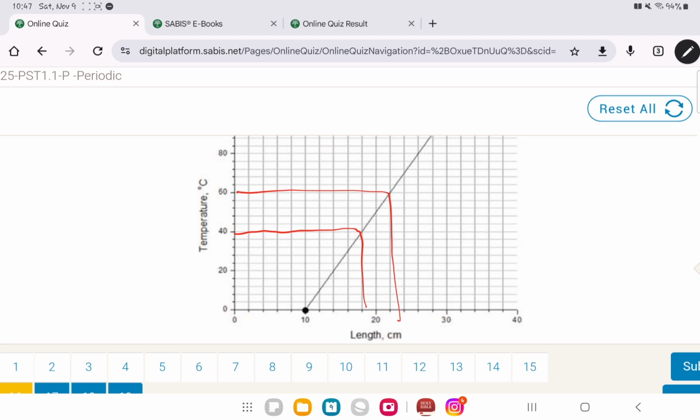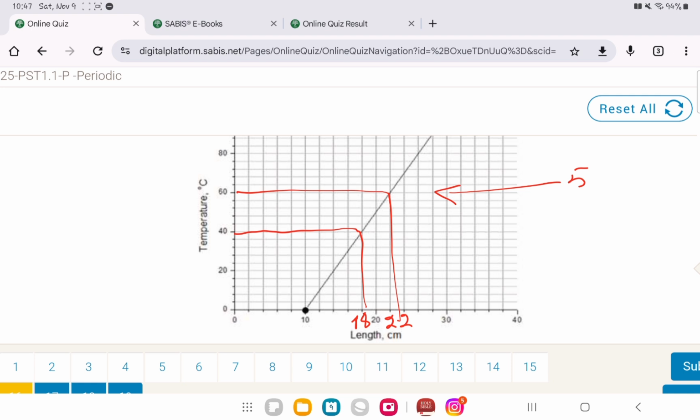It will be 60 minus 40, so y minus y over x minus x. This is 22 over here, and this is 18. So 60 minus 40 over 22 minus 18. You are going to get that the slope is 5. Okay? Now, they told us they need the